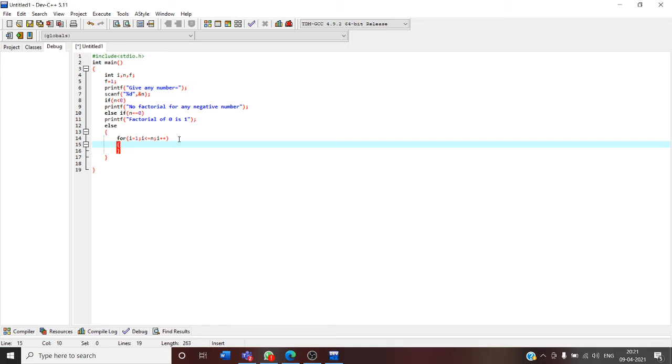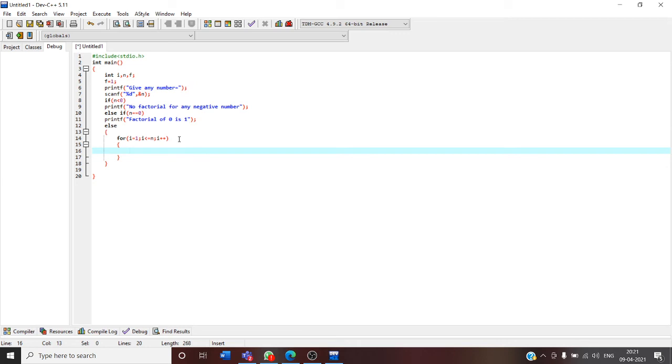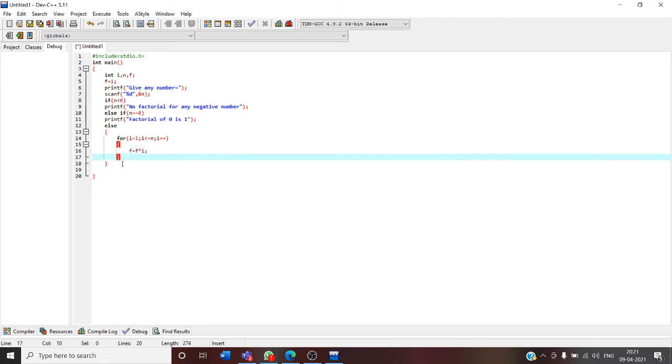Again curly bracket, it will be a for loop basically. f equals to f into i. So here we don't print that. We will come to the end of the for loop.